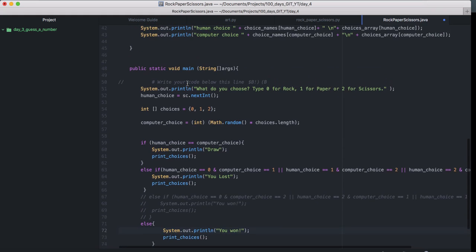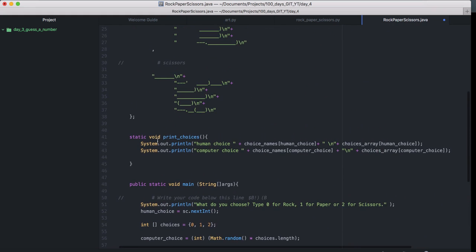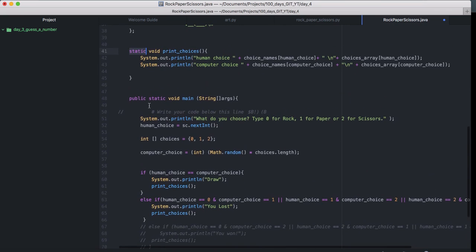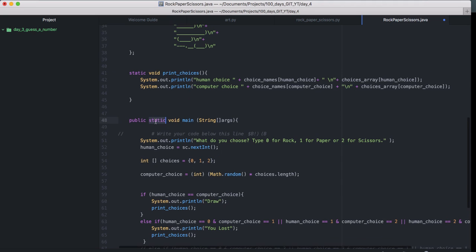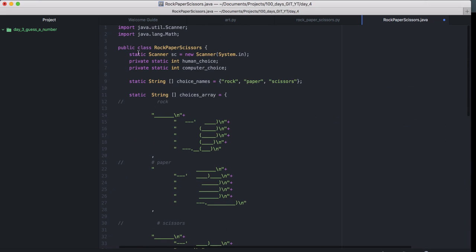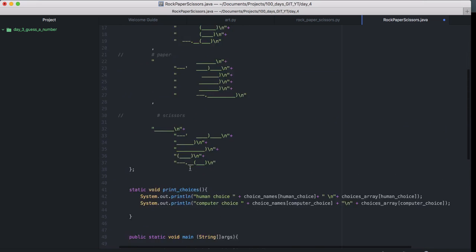And then we just print out the choices. Print out choices is another method that's over here. We call it static, and we're calling it static because we are calling it from a static position as well. So just one thing to remember in Java: if you're in a static context, and you want to call something outside the static method, and you don't want to instantiate the instance, then you're probably going to have to make it static. So that's why you see a lot of stuff here are all static, static, static, static, static. That means they belong to this class. All right. So you can call them from within here.